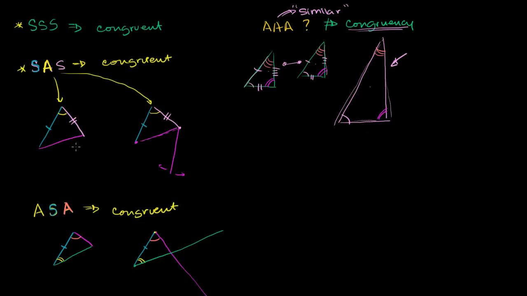If these work, just try to verify for yourself that they make logical sense why they would imply congruency. Now let's try angle, angle, side. So once again,